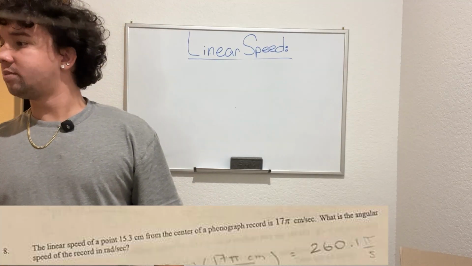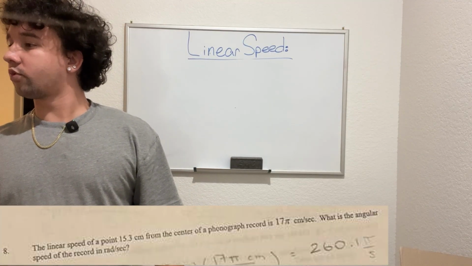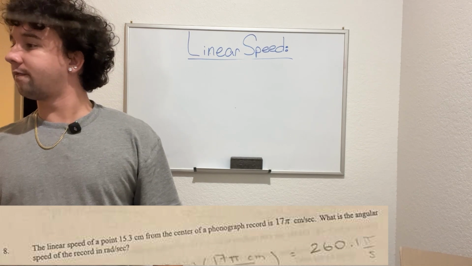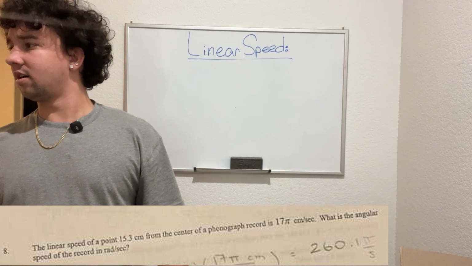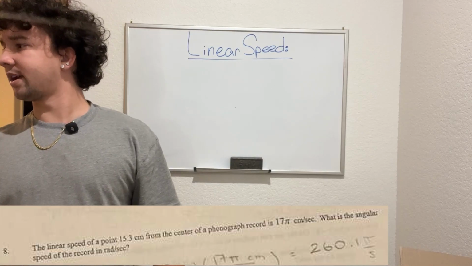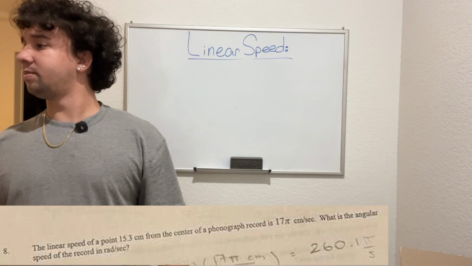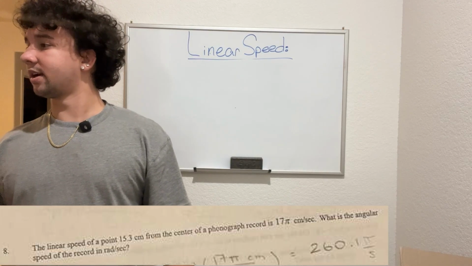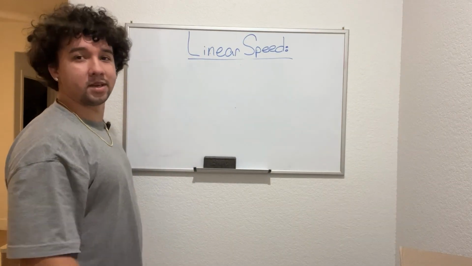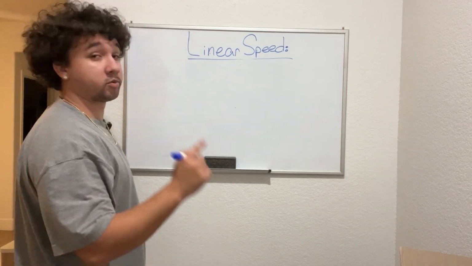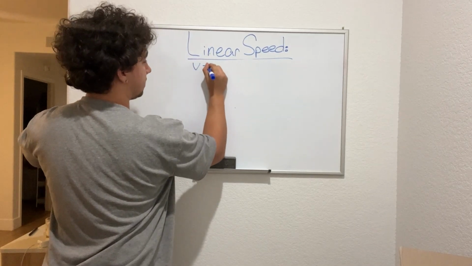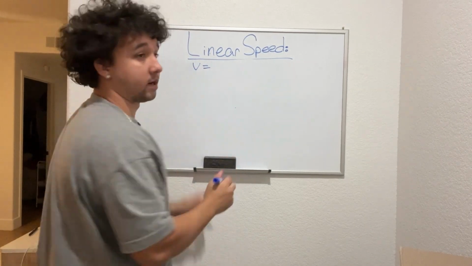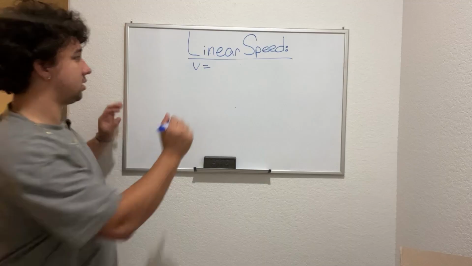The linear speed of a point 15.3 centimeters from the center of a phonograph record is 17 pi centimeters per second. What is the angular speed of the record in radians per second? Whoa, this one's a little bit different. The reason why this one's different is because we've been given linear speed. So linear speed, which is actually typically shown as v, so I'll just start doing that right now, is 17 pi